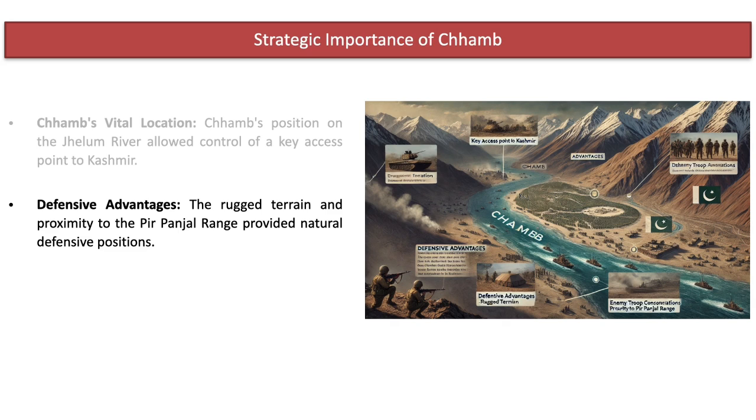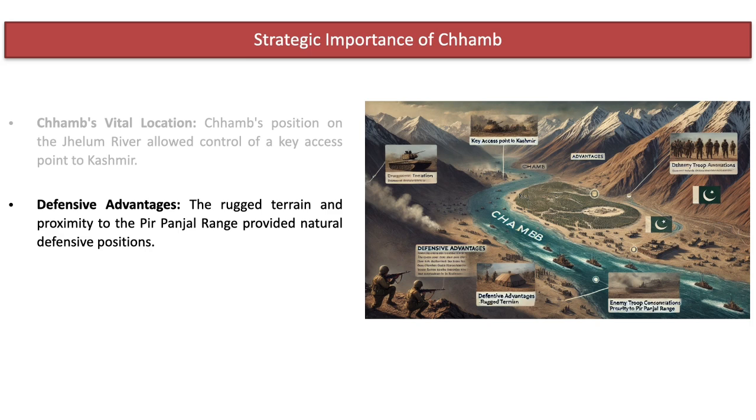Imagine the landscape of the Cham. It's not flat or easy to traverse. The area is characterized by hilly, uneven terrain, which automatically gives a defensive edge to those holding it. And for the Indian forces, this rugged landscape was a natural ally. It provided cover and concealment, making it difficult for the enemy to launch a direct assault. Any advancing forces would have to navigate through a maze of hills and narrow passes, which made them vulnerable to ambush